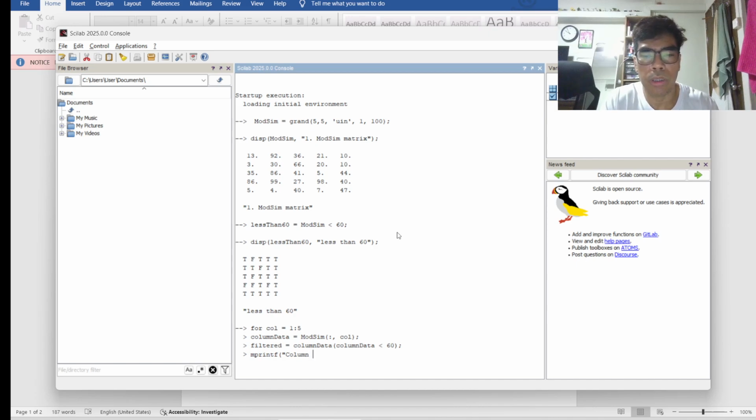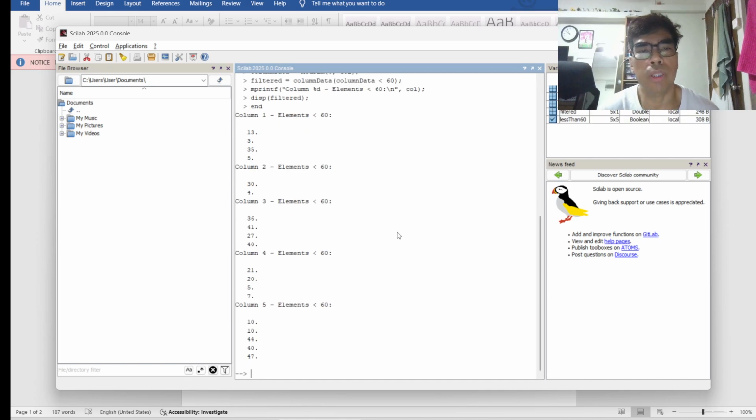So extracting the elements. So now, on each column, it extracted all the numbers that are less than 60.